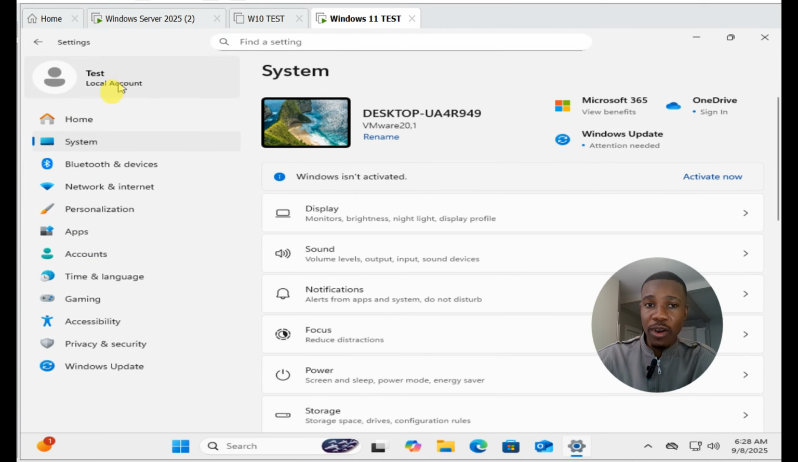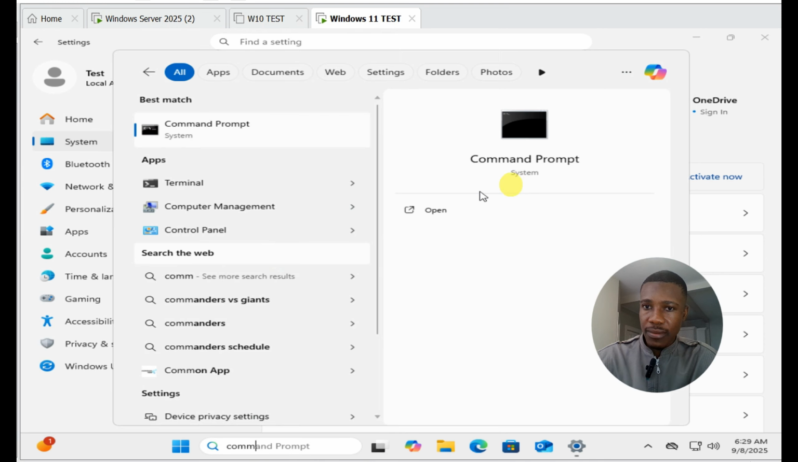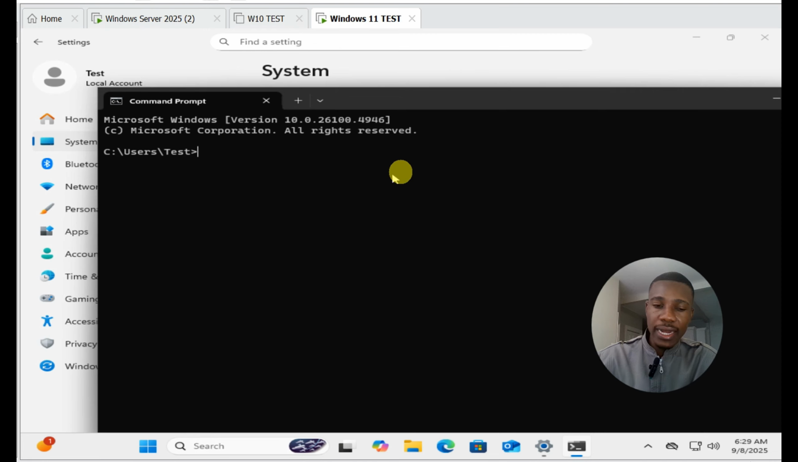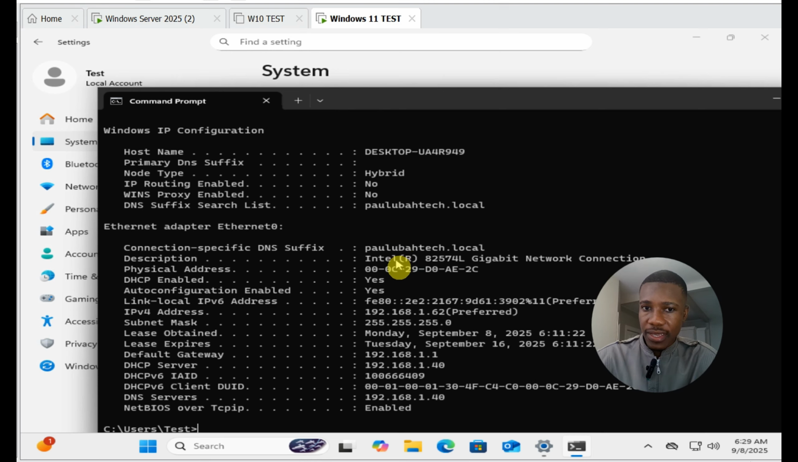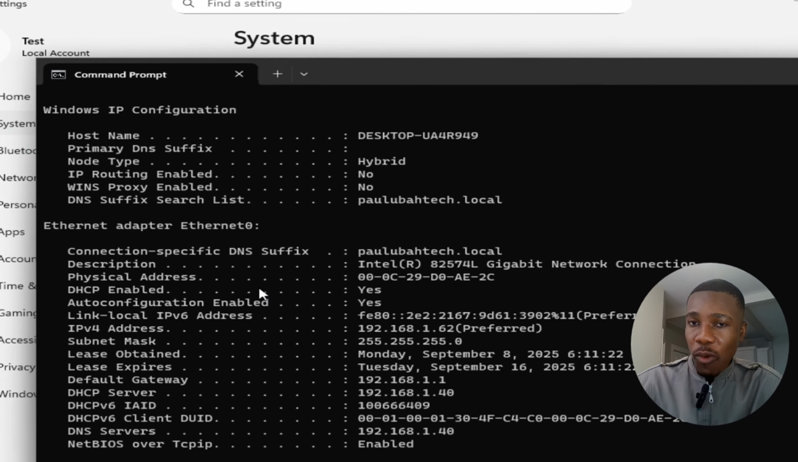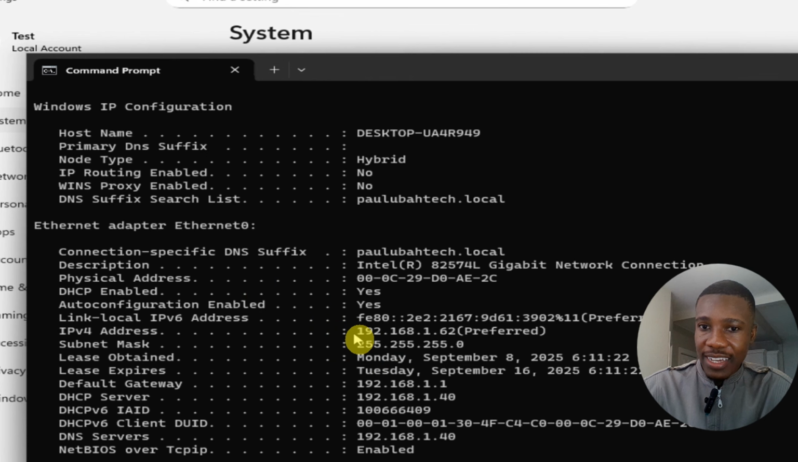Now, if we go to our Windows 11, let me open settings. In settings, you discover that we are currently using a local account. This goes to show that this computer has not been joined to any domain. Now, if we launch command prompt and type in ipconfig /all, hit enter, you will discover that our Windows 11 machine has been assigned the IP address 192.168.1.62. And if you come down to the DNS server, you discover that it is using the IP address of our domain, which is